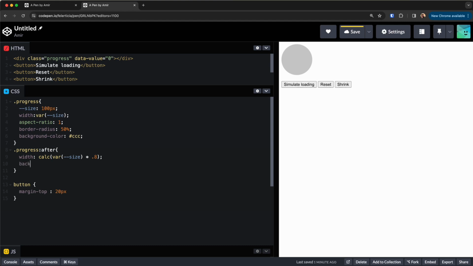Let's give it some background as well so we can see it. Background for this one will be white. I need the aspect ratio as well to be again 1. Let's give it some content so that I know it's there. For now, just like 2, and it's there. Okay, and I need the border radius as well, so border radius of 50%,